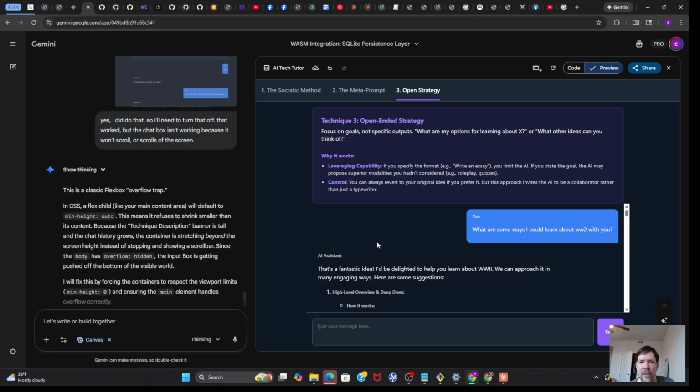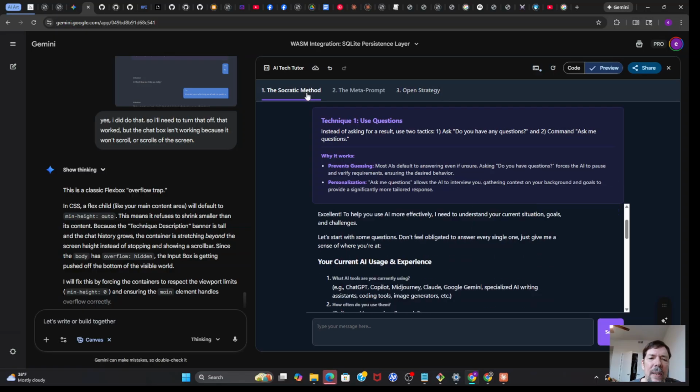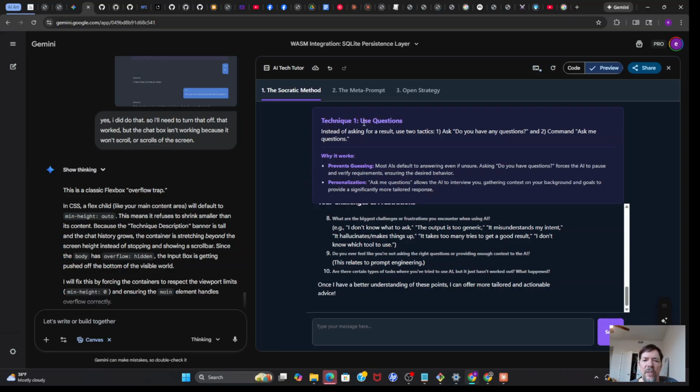Okay, so these are 3 techniques that I will recapitulate real quickly here to wrap up. One is to use questions. You can just say at the end of a prompt, do you have any questions? And then this will work like in any prompt. And then secondly, in certain situations, like where you're wanting to learn how to do something, for example, that's a good time to use this, would be ask me questions. And you can get nice results that way.